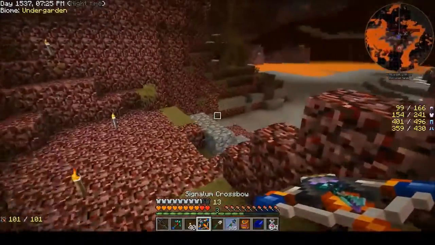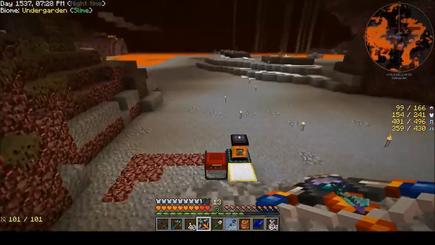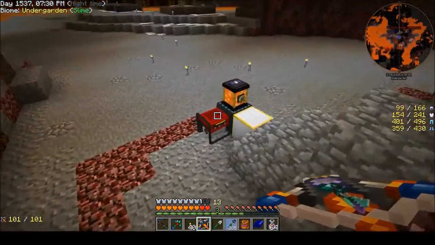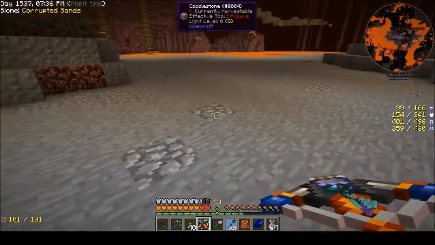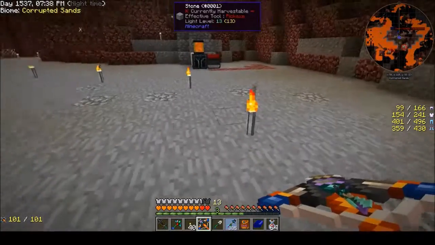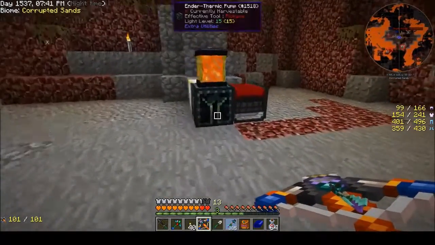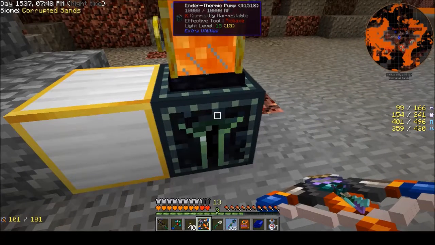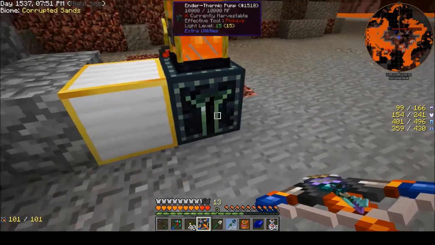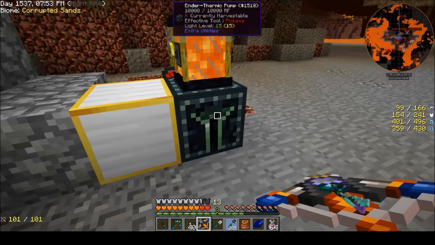I'm going to have my crossbow ready. Fiery End made us some amazing crossbows. And I built this little thing. This was all lava, and I mean all lava. And I have built an endothermic pump, which is a fluid pump from Extra Utilities. It's actually part of the Ender Quarry, but you can build them in and of themselves, and they will pump